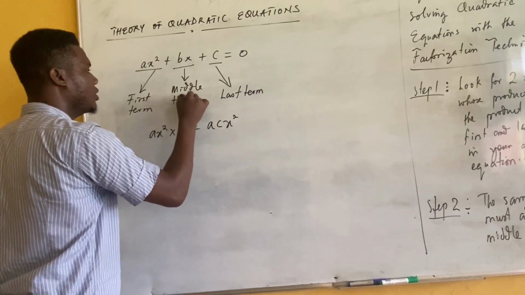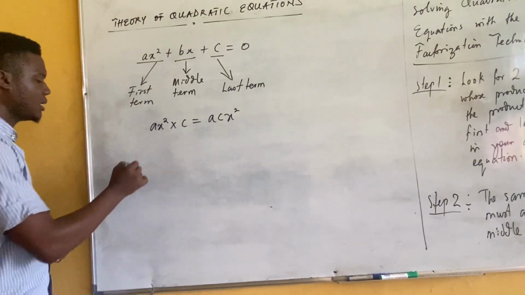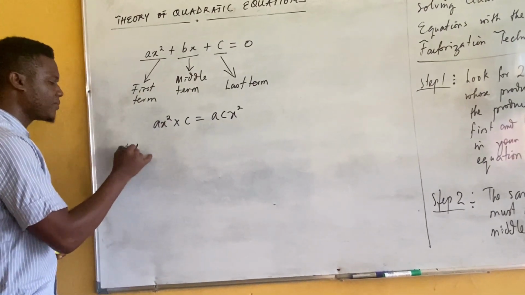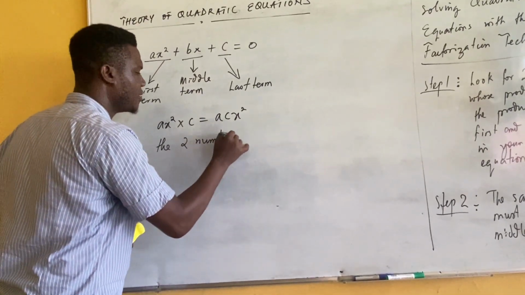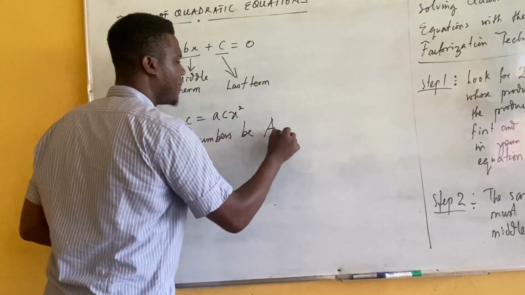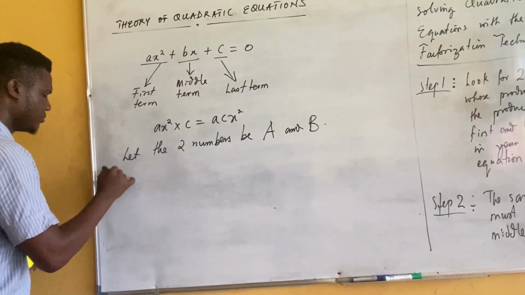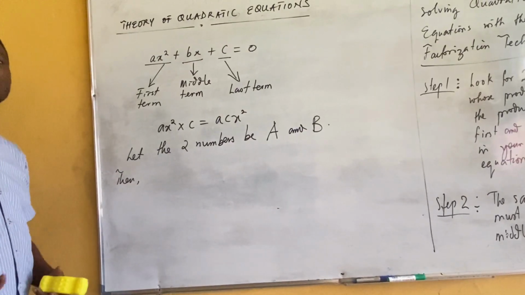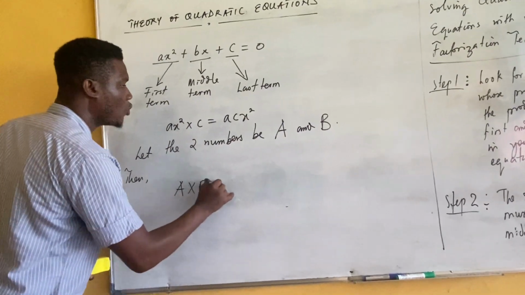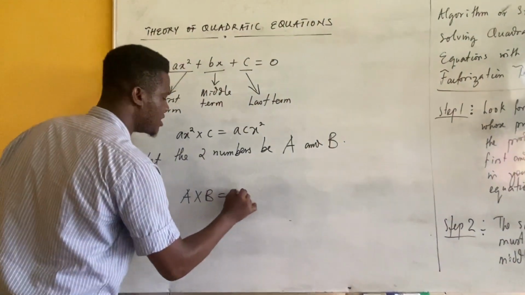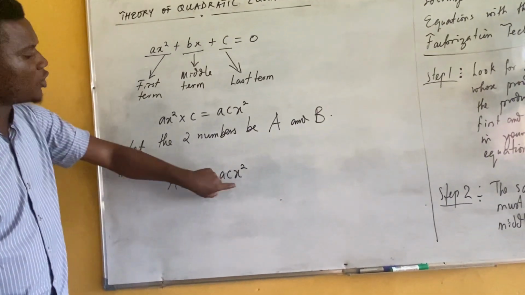Okay, so let's assume that the two numbers we are talking about are A and B. Then the two numbers we are looking for are such that A times B will be equal to ac x squared. So the product of the two numbers we are looking for will give us the product of the